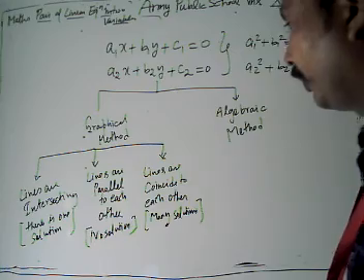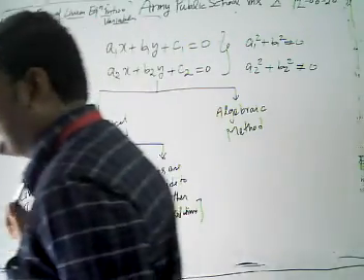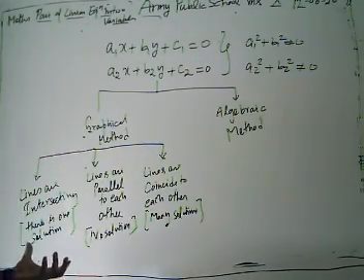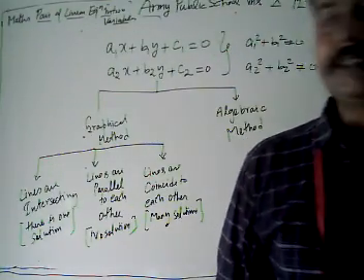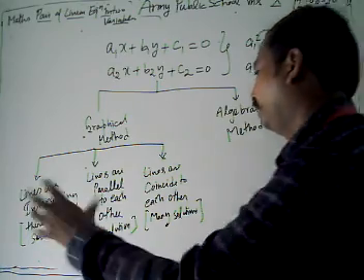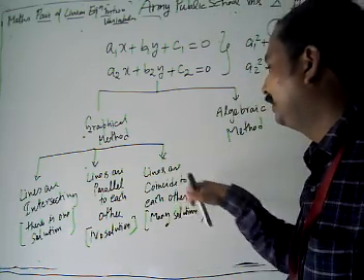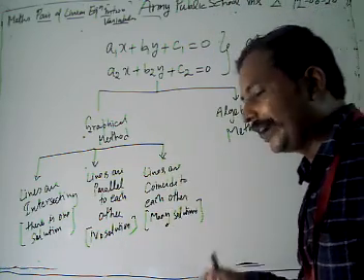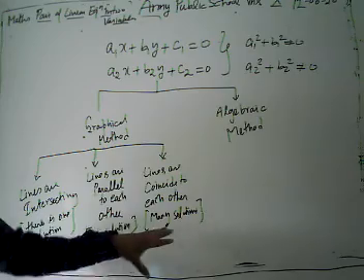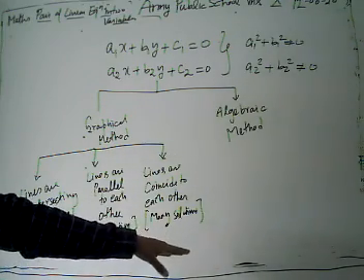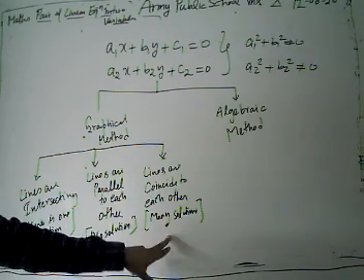Now look, in the graphical method, if there is one solution, in this case our system is a consistent system, and with only one unique solution our equations are independent. The variables involved are independent. And then there are many solutions when our lines coincide with each other. In this case our equations are dependent. In this case our equations are independent, and in this case our equations are dependent.